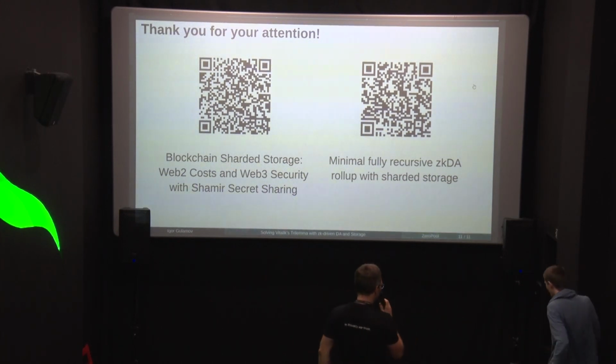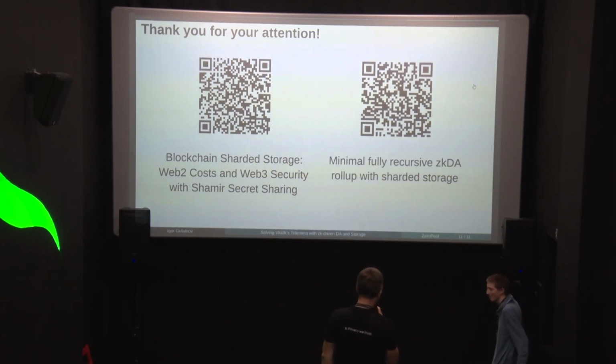Yeah, thank you for the talk. Am I correct that to achieve full decentralization, we need not only the proof that the data is stored somewhere, but also that the data is delivered in time to some node? So, say if I want to become an independent sequencer or independent prover, I need to have the data itself. Could bandwidth become the bottleneck then, or what are your thoughts on this?